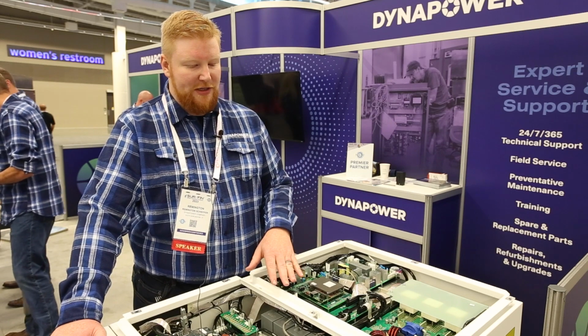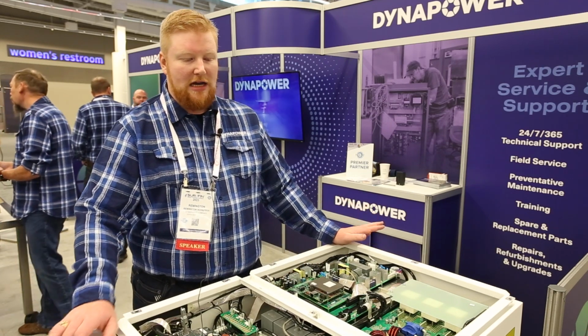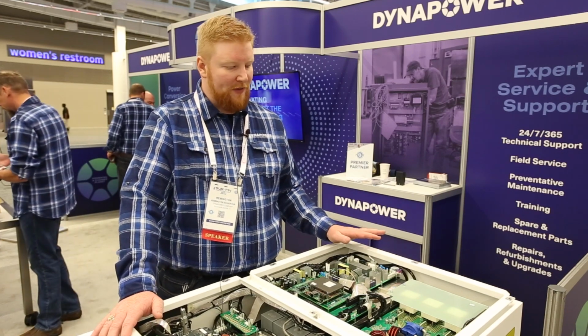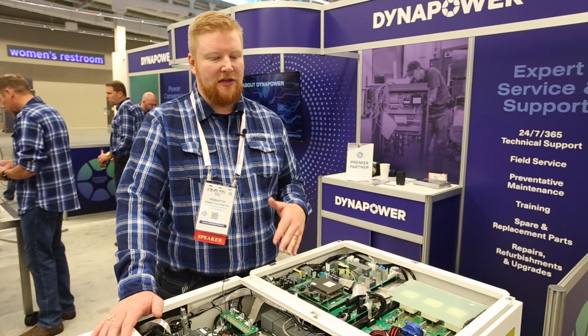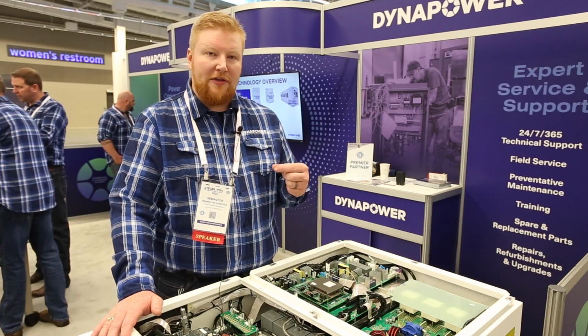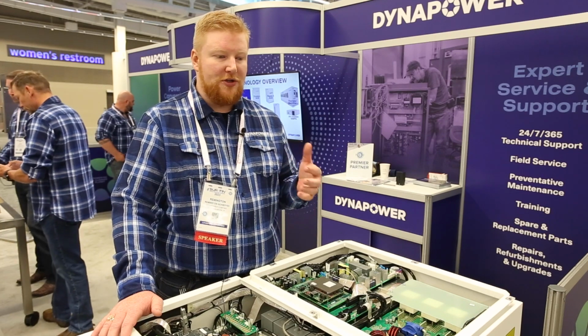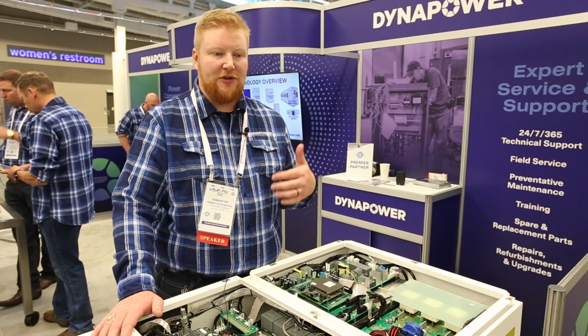This particular piece of equipment is the smallest one that we produce. It's the MPS 125. It does 125 kilowatts worth of power. It's important for us to start considering the growing risk that our aging grid system in the United States has. The liability and the risk of power fluctuations, brownouts and blackouts affecting production for our industrial partners is growing every